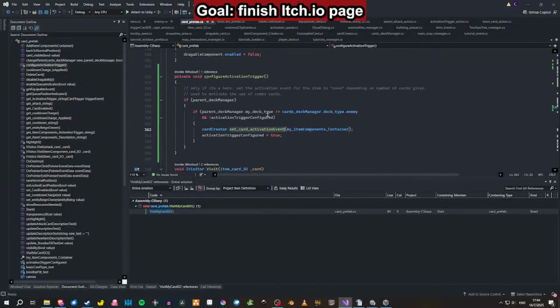This will only get configured if the deck manager is there. That's the problem. So if it doesn't have a deck,